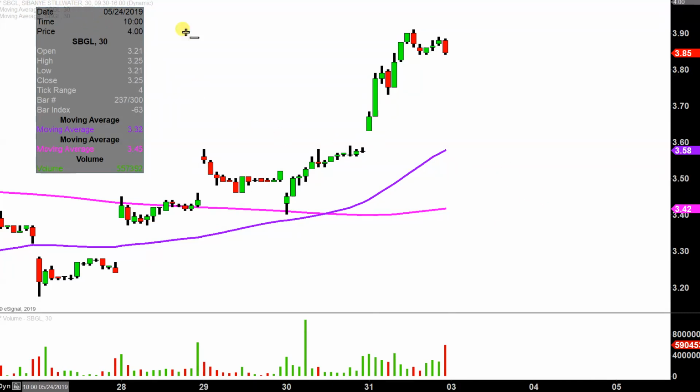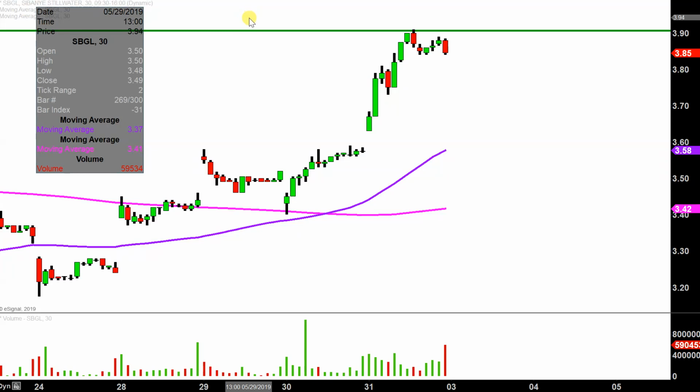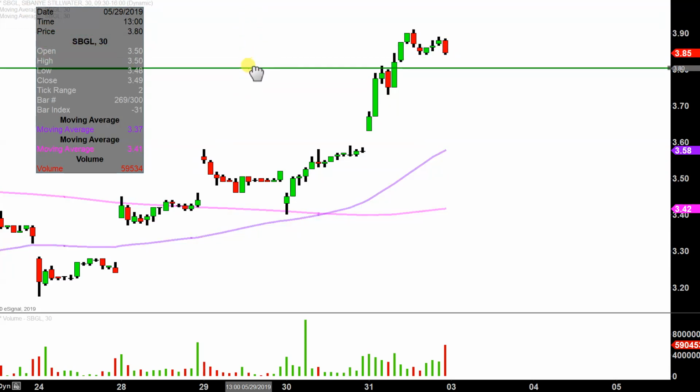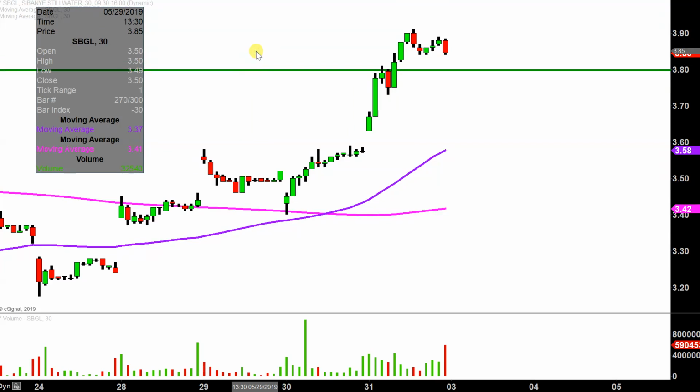First area of support is what I would call the ideal level of support. I mean, if you were to say, hey, what would make this chart look the absolute strongest going forward? And that would be if the price can stay up here above $3.80. Now, don't get me wrong. I'm not saying that if the price falls below 380, that the entire chart is destroyed or ruined or anything like that. But yeah, as far as if the price could stay above there, that would definitely be a massive